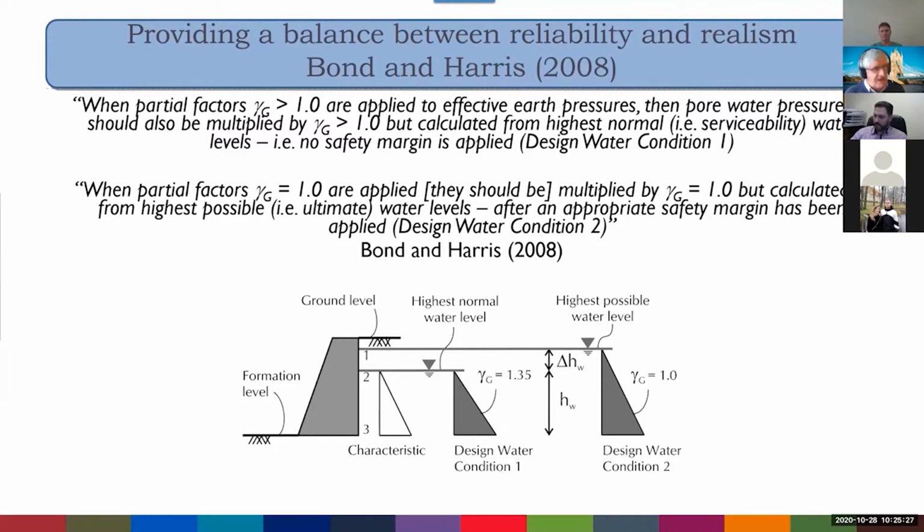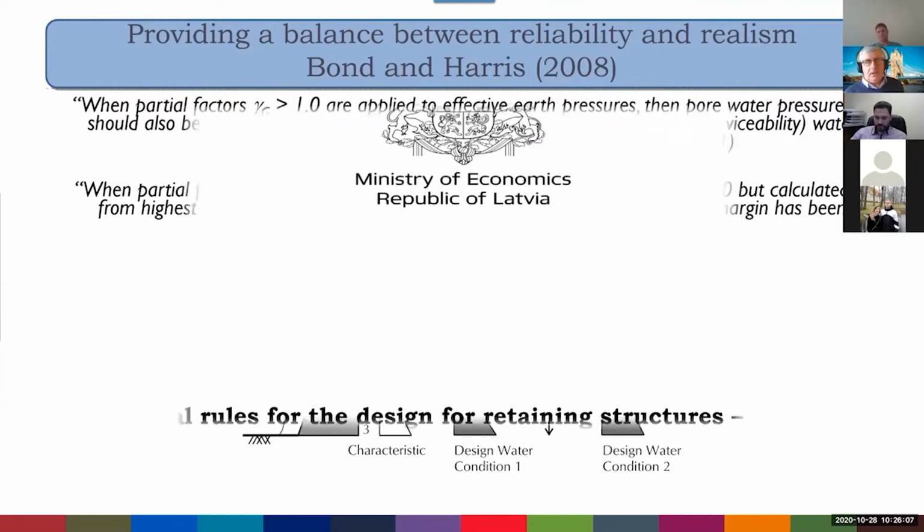Now, this is an interpretation of the current code, but I have found in the last 10, 15 years that this holds up in a lot of circumstances. Very rarely will this combination, checking both, not cover the uncertainties. So this is a practical way of interpreting the code. It's not what's written in the code, I'm afraid. The code is ambiguous, but if you follow this, you won't go wrong. The second generation of Eurocodes, I'm pleased to say, will make this unambiguous and will effectively adopt something which is equivalent to what I'm showing here. So this is what I would recommend that you do, but you won't find it in the code, I'm afraid. Okay,